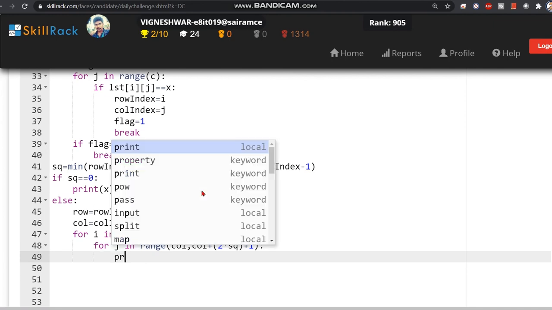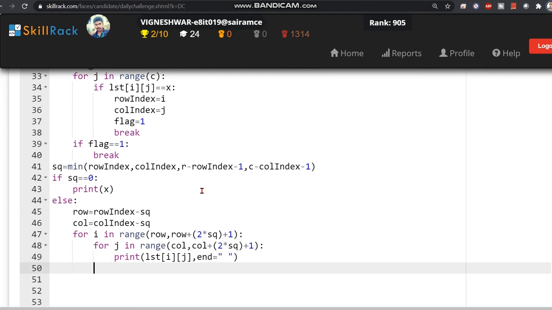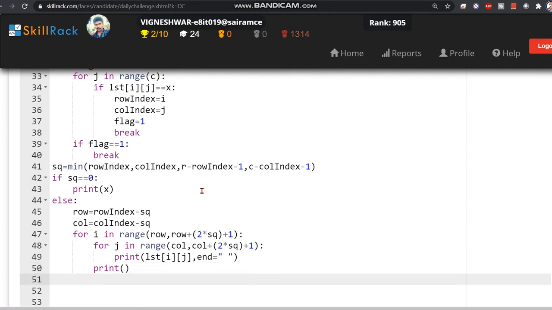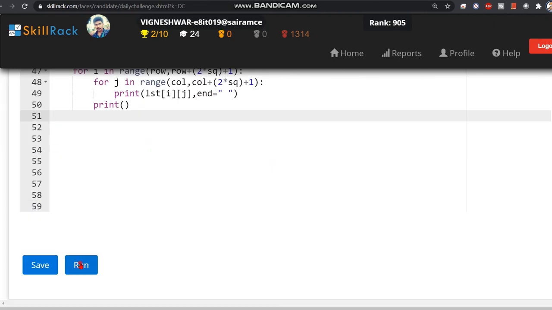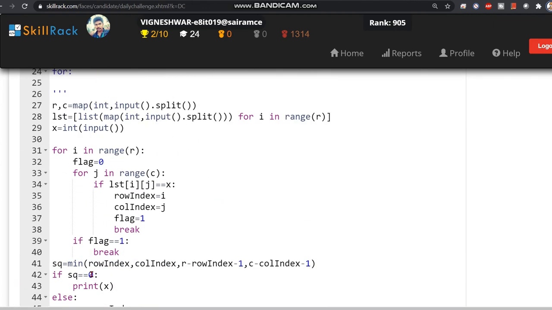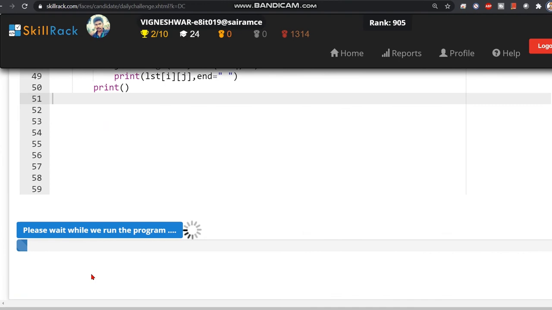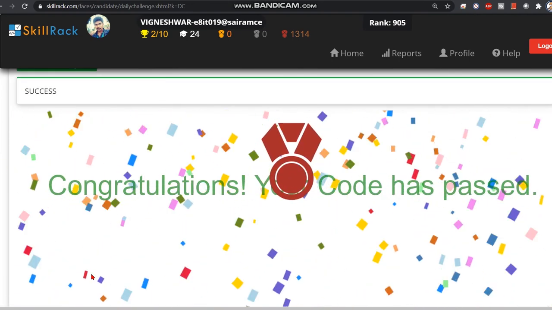Now we can print the list of i, j, with end as a gap, and then print to have a new line. That's it. We try to run this program. Yeah, we got the output. We successfully completed the program.